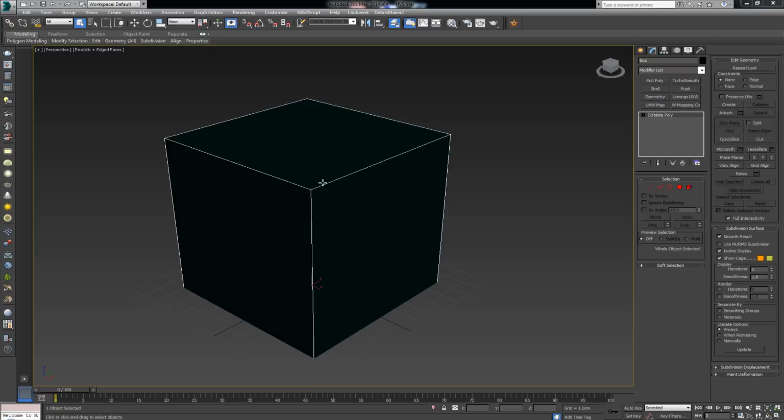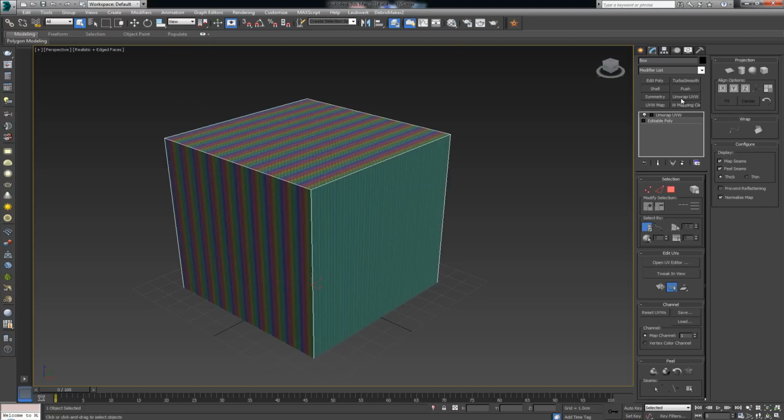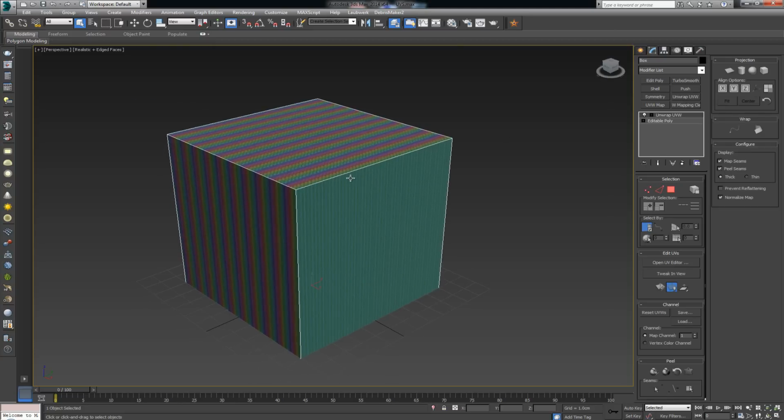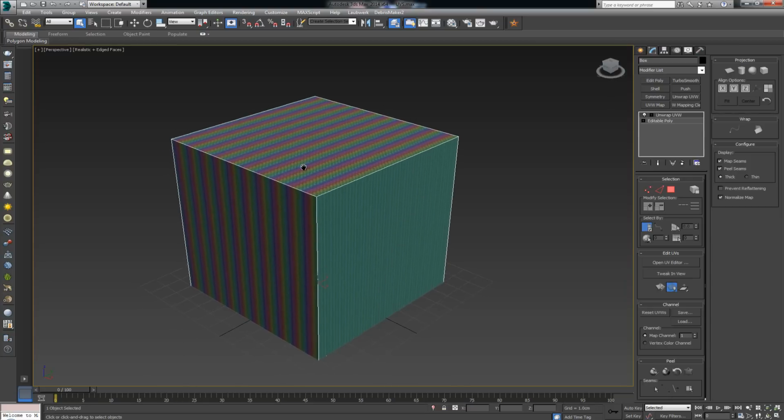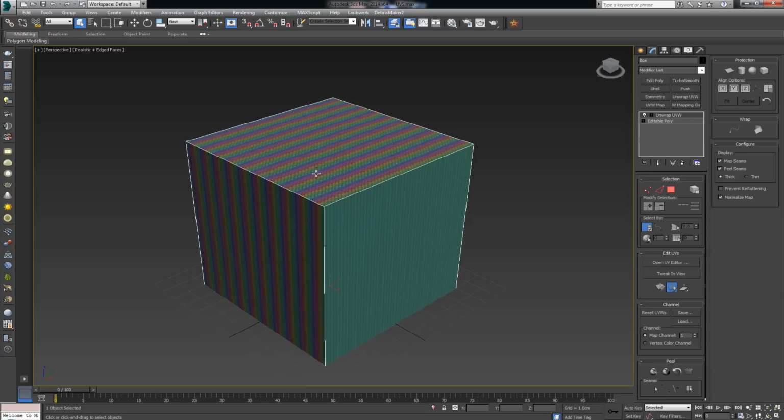For the second type of unwrapping, I'm going to go ahead and add a new Unwrap UVW. As you can see, I've deleted the previous one. So Unwrap UVW, we have a new one. So in order to get this box unwrapped, I don't have to manually cut out these sides, because